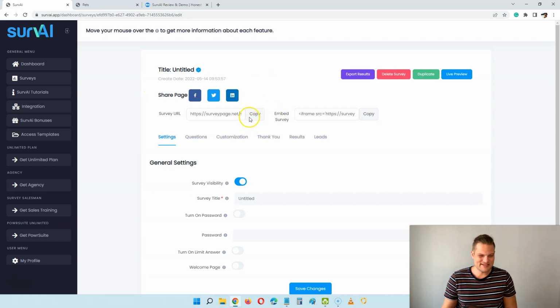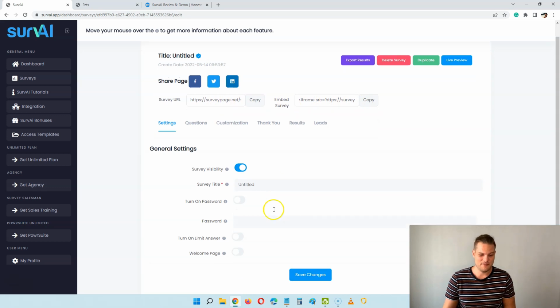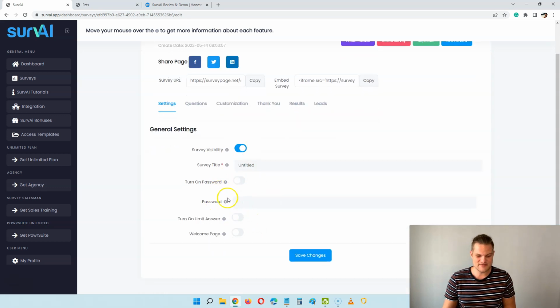So here you can see I'm inside of the survey builder, and up here we can easily share it to Facebook, Twitter and LinkedIn. We can export our results, and we can also see our results in here. Here is the link to our survey as it looks now, and here we can insert an iframe so we can integrate it into any website out there. Down here we have some different settings. We can put on a password, we can put on a welcome page, and of course we can put in our title. Let's just call this